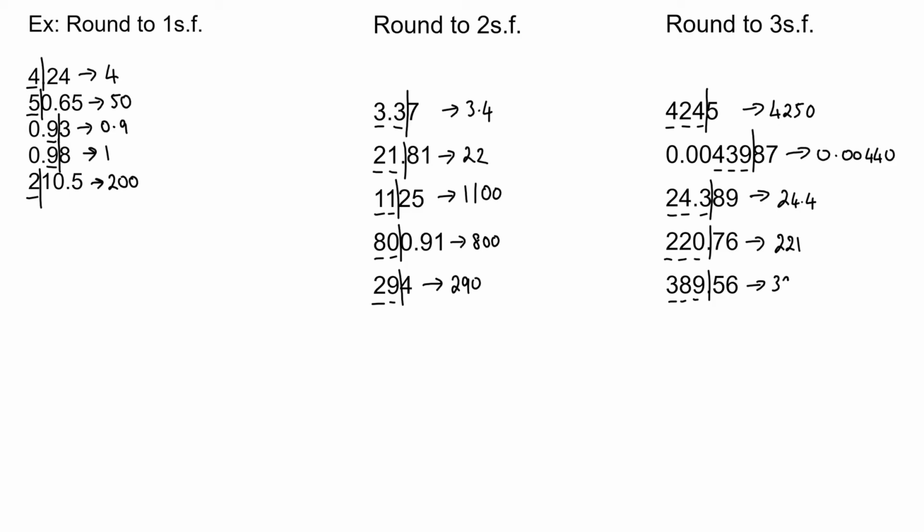go to 390. We'll put a point there just to show that that 0 at the end is significant, because we've actually measured it to those three significant figures, not just the 3 and the 9. Okay, so that point at the end would just tell us, in that case, that it was three significant figures. If we added an extra 0 onto the end there, 390.0, that would be 4 significant figures. So we've got to just put the point to show accuracy. There's a few different ways of doing that, but that would be the way I would show that in that